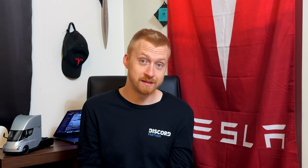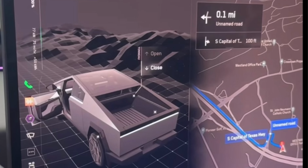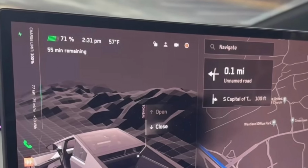But what do you guys think Tesla's going to do? Do you think both will be available at launch? Does seeing these range estimates kind of concern you, or do you think that we shouldn't trust the Tesla trip planner? Maybe it actually has a 400 mile range, and for some reason it's just assuming that going 16 miles will use 6%. All your thoughts, let me know what you're thinking down in the comments below,